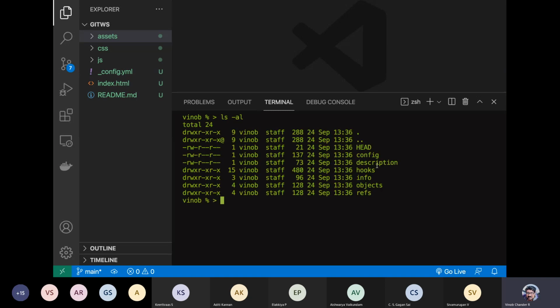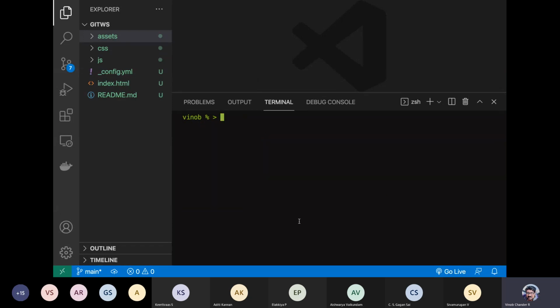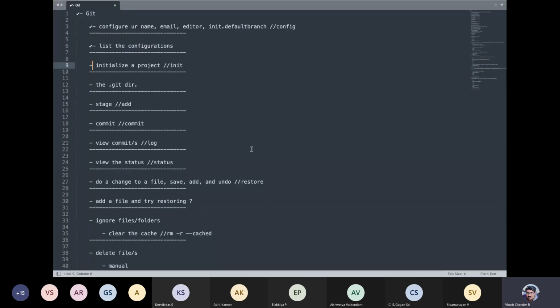You have got different folders, and all these folders and the files within them are responsible for doing the entire tracking and managing of your source files in this folder. All right, so let me go a level above and ensure that I am in the project folder. So what was our task? We have just initialized this, and we have seen the .git directory as well.